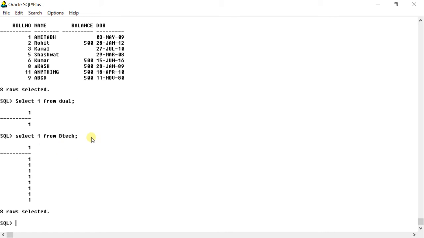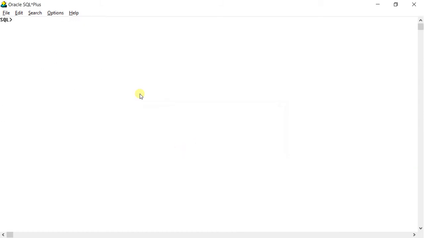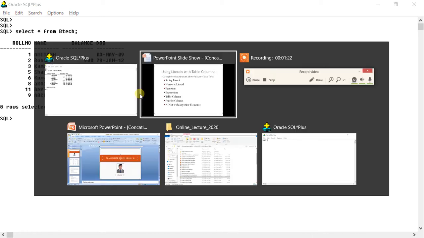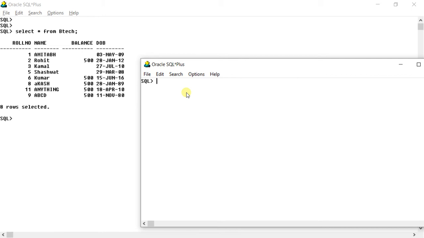Okay, so try this. Let us see another example. Again, select star from BTEC is our table. Let us open another window so that you can see the data. Now, if you type select 1, name from BTEC, you can guess what Oracle will do.